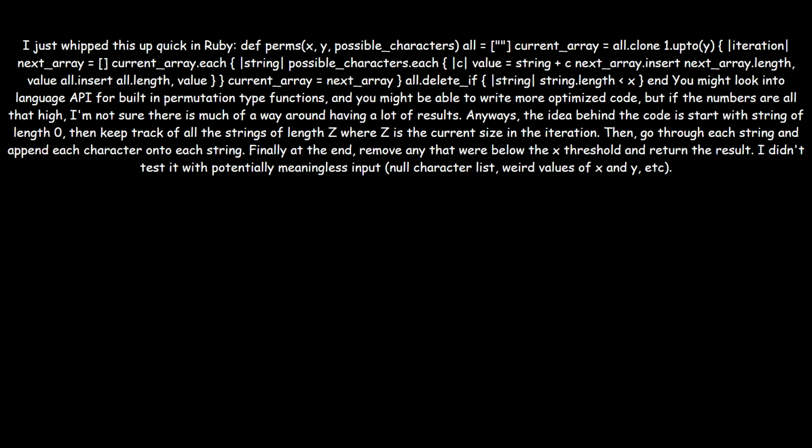I just whipped this up quick in Ruby. def perms(x, y, possible_characters) all = [""]; current_array = all.clone; 1.upto(y) { |iteration| next_array = []; current_array.each { |string| possible_characters.each { |c| value = string + c; next_array.insert(next_array.length, value); all.insert(all.length, value) } }; current_array = next_array }; all.delete_if { |string| string.length < x }; end